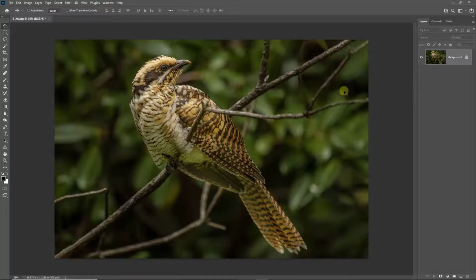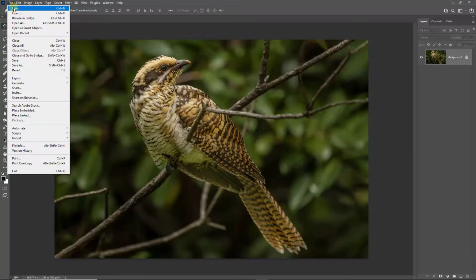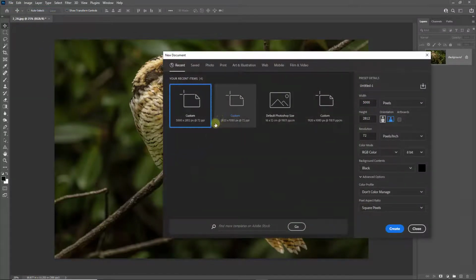For example, if I go back up to my File, New command, top left, what we can do here is define the actual resolution of the slideshow we're making. It could be 1920 by 1080. But it could also be a slightly larger size than that, and a lot of people these days are settling on